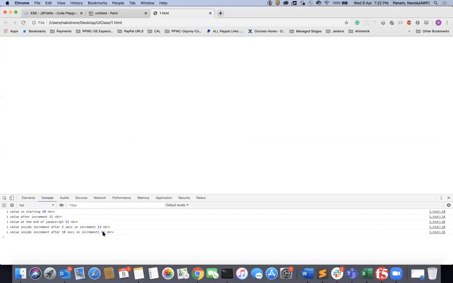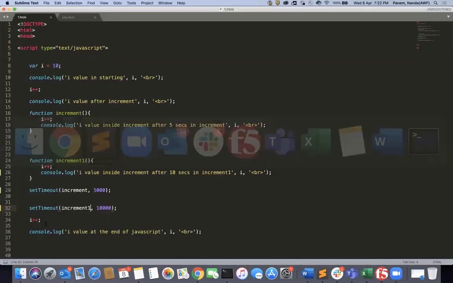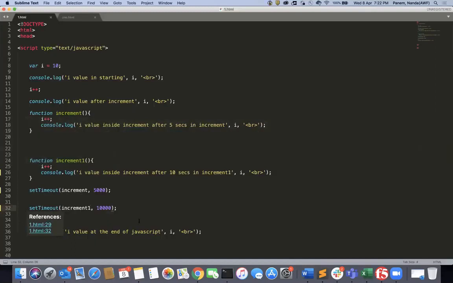JavaScript is not going to stop your program execution even if you have some blocking code. It needs to wait for 5 seconds. Even though it is line by line execution, these lines are not stopping execution. These lines are executed completely. And once the stack is free, when this output came, when this increment came, our stack is empty. That's the reason it is getting this data and printing.